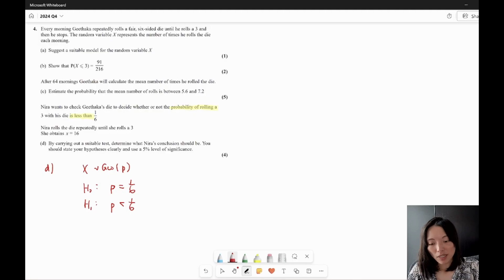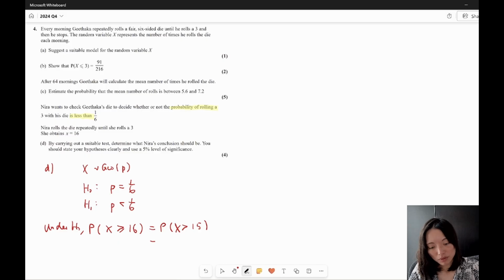What if I need to roll the dice 16 times in order to get a 3? So what's the probability that I need to roll 16 or more times? If this probability is less than 5%, then there is enough evidence to reject H0. So let's work out under H0 what this probability is. Under H0, this probability equals P of X greater than 15. That means that I need 15 failures, which equals 5 over 6 to the power of 15,